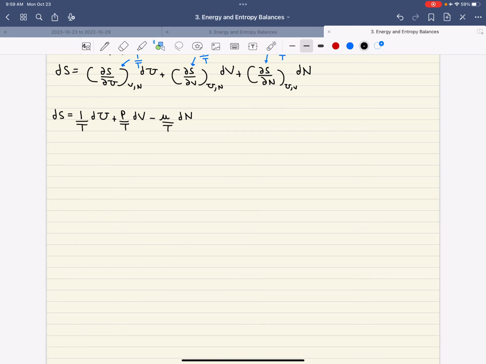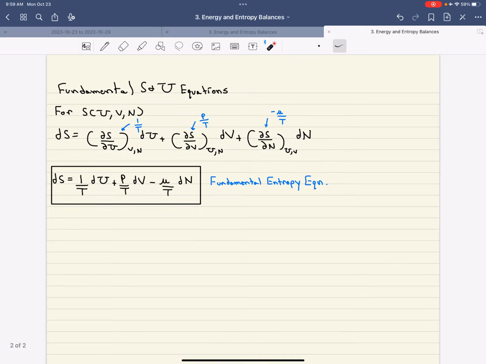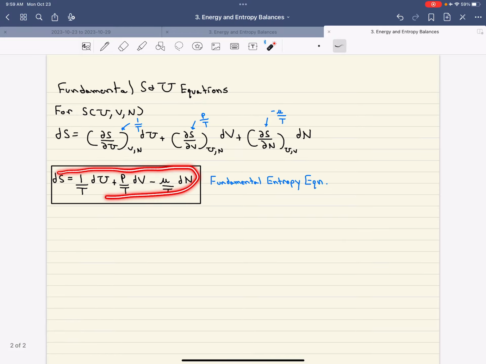Okay? Now, this total derivative has a special name. This is known as the fundamental entropy equation. Okay? All right, so all the fundamental entropy equation is just the total derivative of entropy, and it relates the